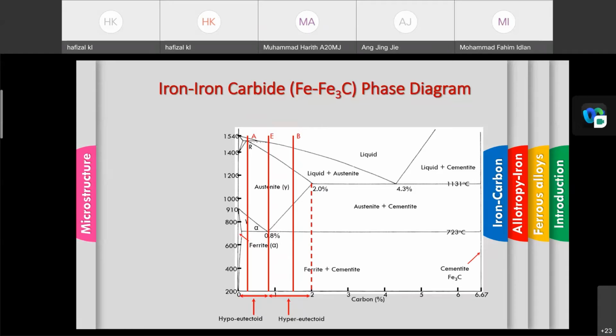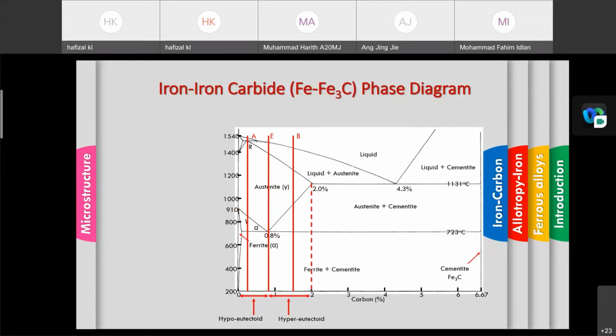mainly on the eutectic area, whereby previously we know about the eutectic and peritectic. So in this area we have the V shape, something like this. So the transformation of the gamma to the ferrite and cementite area, they call it a eutectic area. Okay, at the eutectic temperature here, 723.